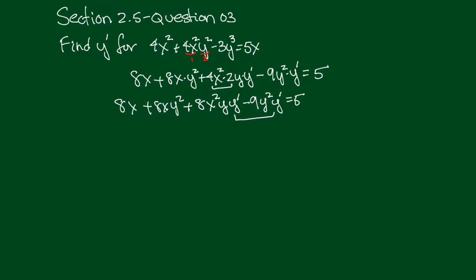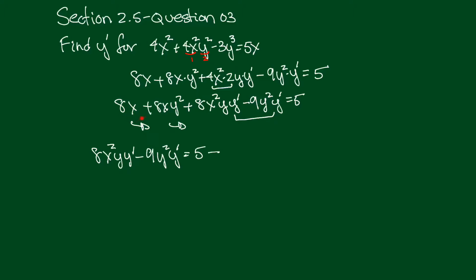I think what I'm going to do is keep the y primes on the left side and get everything else to the right side. So I'm going to subtract that 8x. I'll subtract this. Let's do that here. So we'll get 8x squared y prime. Right, I'm going to keep this one on the left, this one on the left. And then minus 9y squared y prime. That's equal to 5